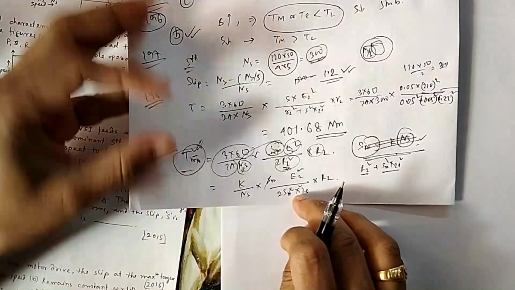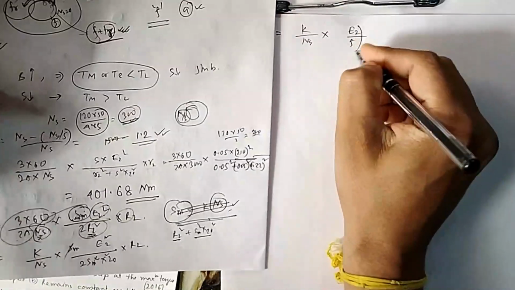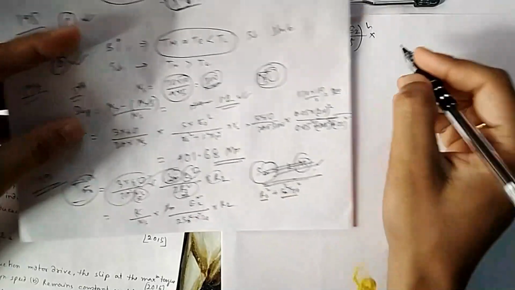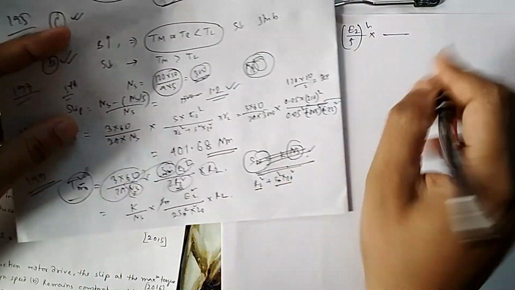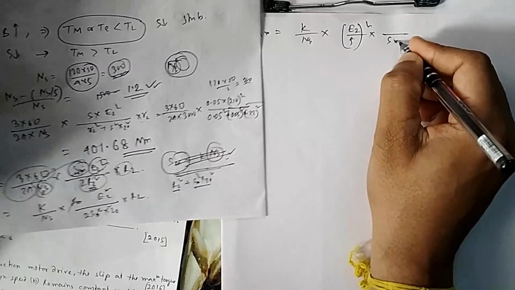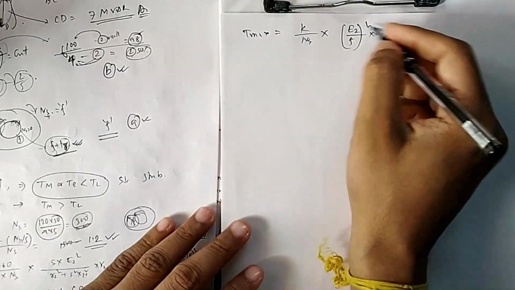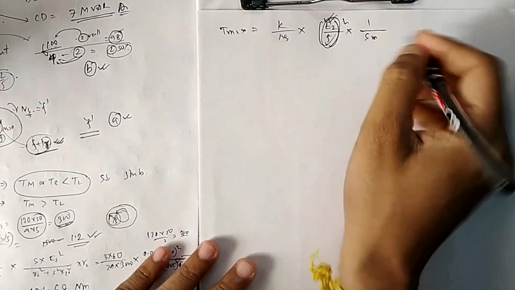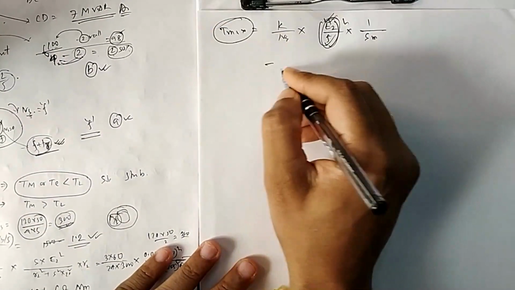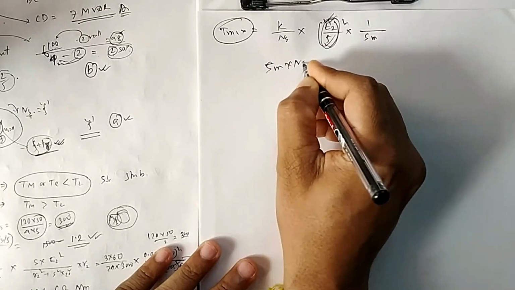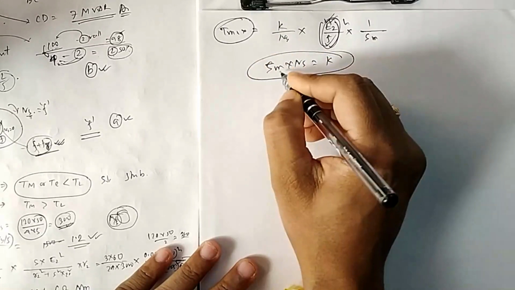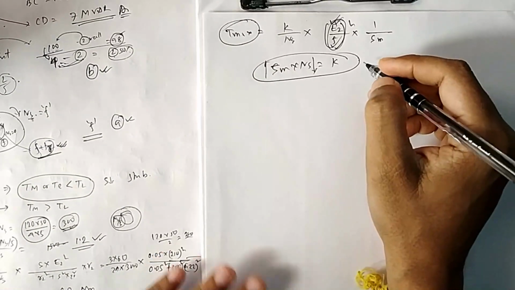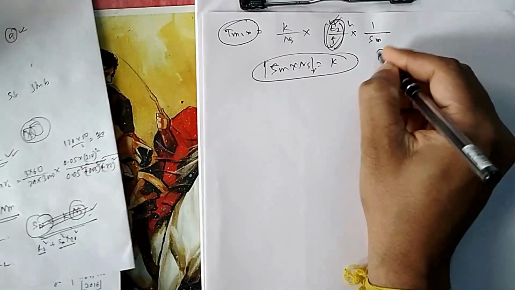Final expression you will get: T max equals K by NS into E2 by F whole square, because this X is directly proportional to F. Rest of the things, 2 pi and R2, you can think are constant, then S max. Now, V by F is constant, so E2 by F will be constant. So everything is constant, and your S max into NS becomes a constant. So if you increase this one, this should decrease. So they are in inverse relation, not direct relation. That means your option C.